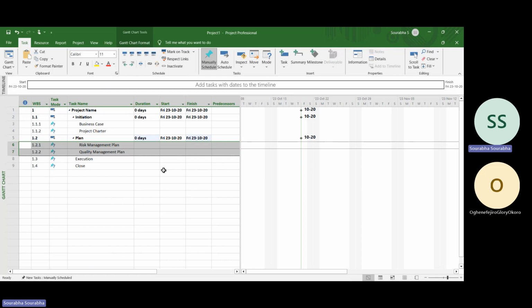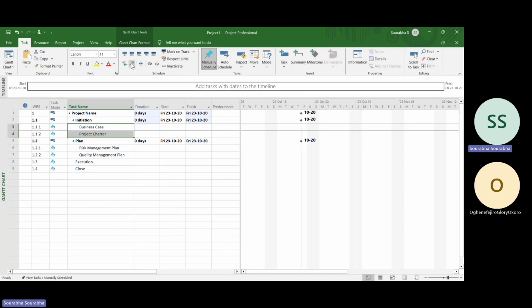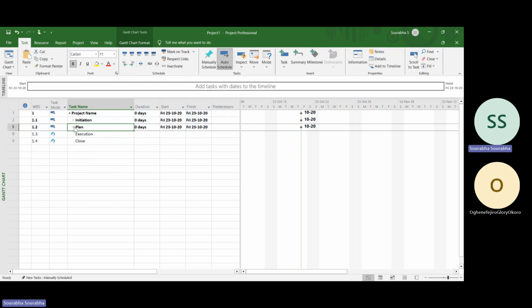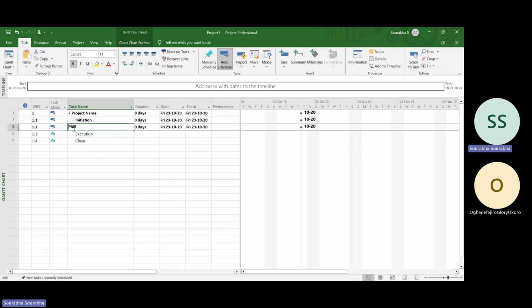I'm solving task name and I'm making summary tasks. Why do we call it a summary task? When we indent something, it will create a summary task. I created initiation as a summary task. Why? If I click here, it collapses. See, because we can still have only four things as summary tasks. See that? If I expand it by clicking here,